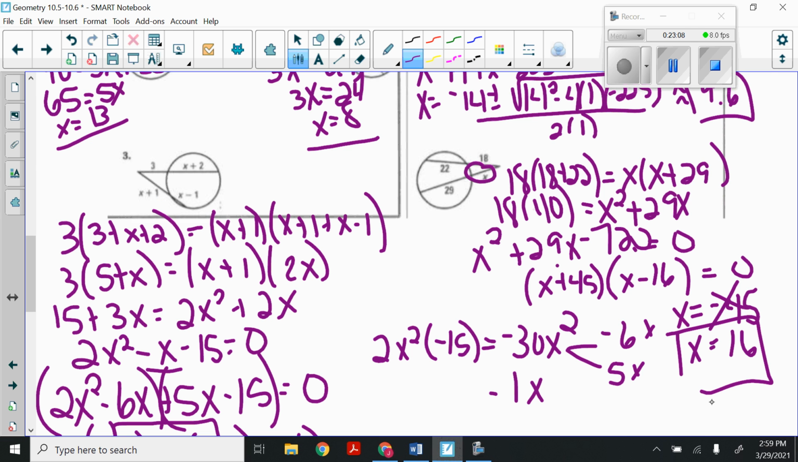All right, so we did some tough ones on there to review factoring and quadratic formula. That wraps up chapter 10. Tomorrow we'll look at the test review and then take our test the next